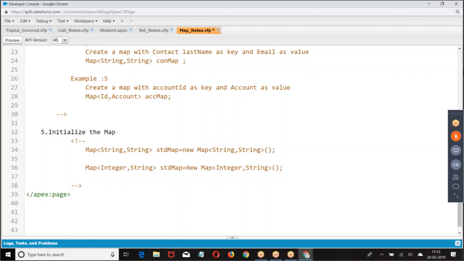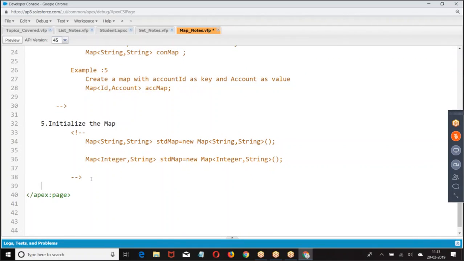This is how we are creating. Create a map, initialize. What are the methods we have in the map? What are the different types of methods we have in the map?